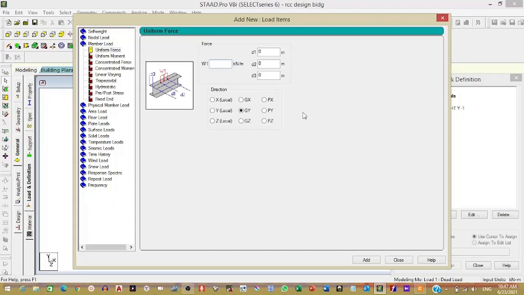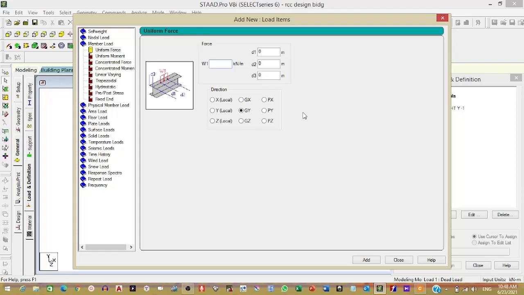Then see, everything, whatever you are giving, whatever you are selecting, you need to assign each and every property to the model. No property should remain unassigned. Otherwise, you will get errors.